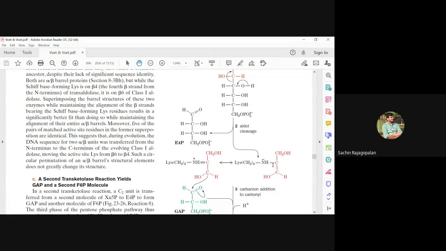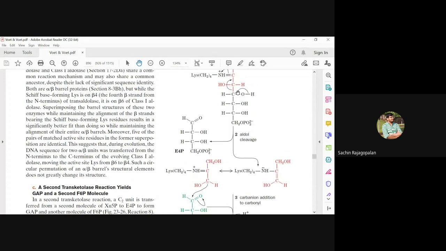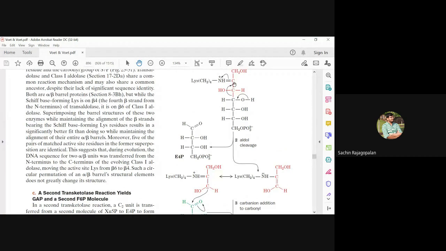Why? Because when you break the bond here between the third and the fourth carbon, there's going to be a double bond created between the second and the third carbon at this juncture. So here, between NH and carbon, there will now be a single bond, and between these two carbons there will be a double bond. I'll repeat why. You're breaking the bond between the third and the fourth carbon. When you break the bond here, it's going to create a double bond over here, which will convert this bond between NH and carbon into a single bond. So this is what you will form.